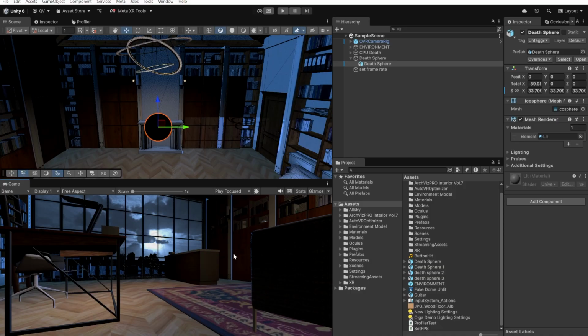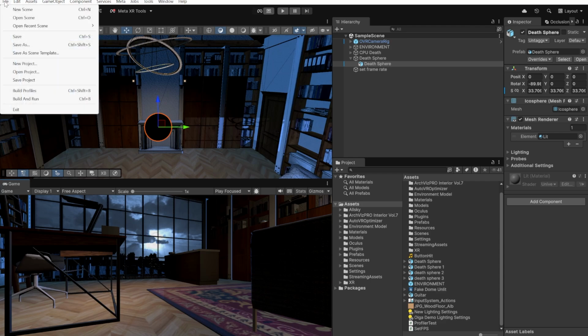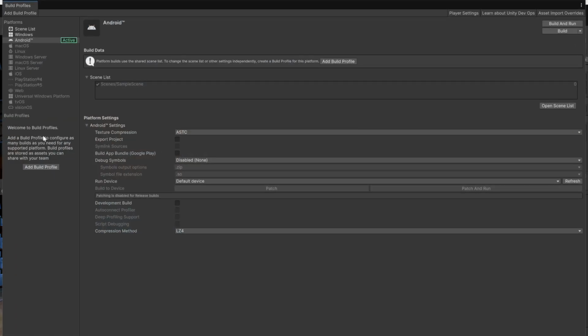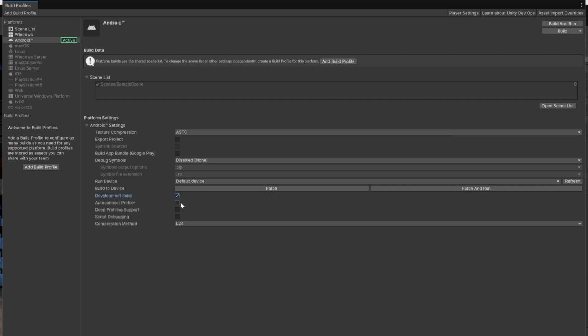But now, let's answer the big question. How can you analyze your game outside of Unity when it is built? And the good news is that the most basic technique is simply to also use the profiler, but in the build, and you can actually do this by simply going to the build profile, then clicking on development build, and then auto connect profiler. And now, if we build,